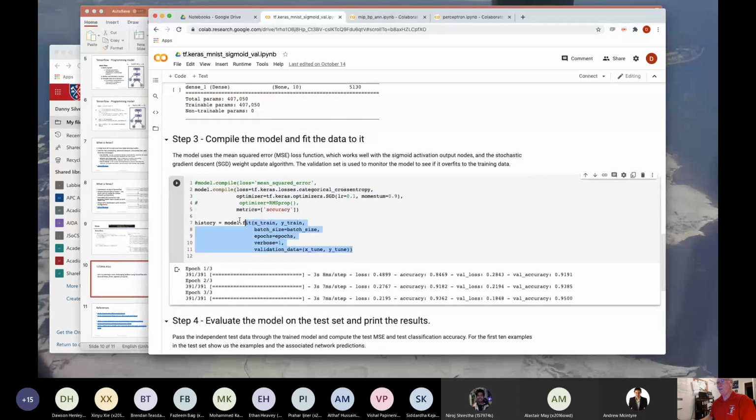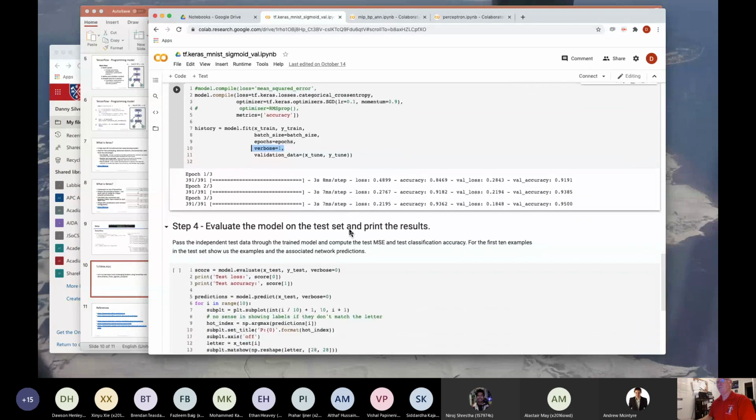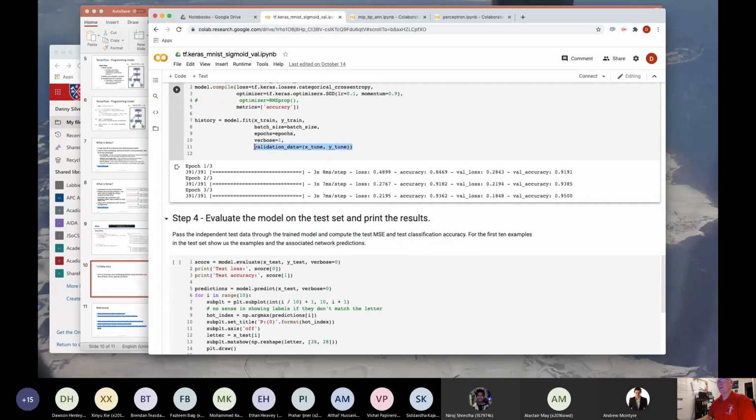And this does the fit. So once it's compiled, it then says, okay, take the training data, both the input examples and the target values, use the batch size, which says how many examples I'm going to look at once before I update my weights. And for the number of epochs, which is only 3, we train, and this says verbosity. It's just saying how much junk do you want me to print out every iteration. And this is also indicating that I'm going to use a validation set just to monitor and check.